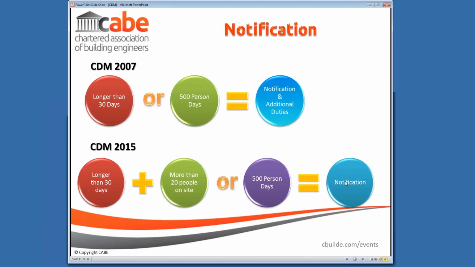We have also at the same time changed some of the background regulation so that actually this notification now applies to domestic projects as well as commercial projects. In reality, what this may well do is take out of the notification process some of the smaller projects. In the past, if the project was going to last more than 30 days on a small commercial project, it didn't matter how many people were there. Once it lasted 31 days, it required a notification. Now there have to be 20 people on site. And that means that some of those smaller projects will come outside of the notification regime.